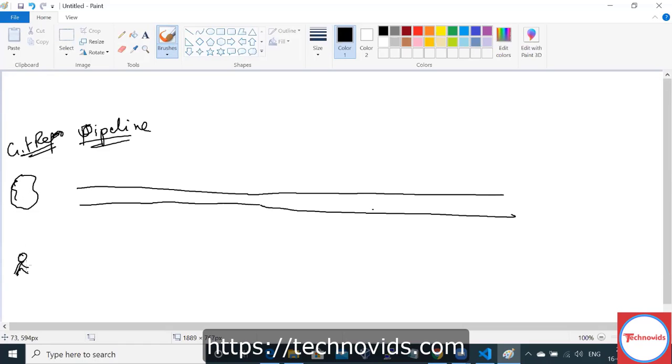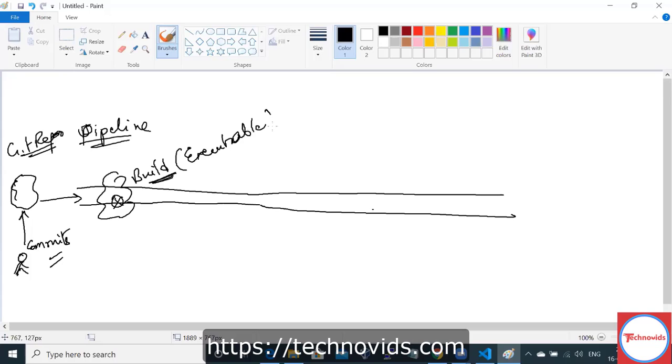The moment a user checks in, commits the code, build happens. It creates an executable of your code. Then it goes and tests the code.